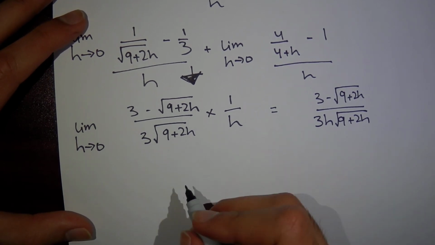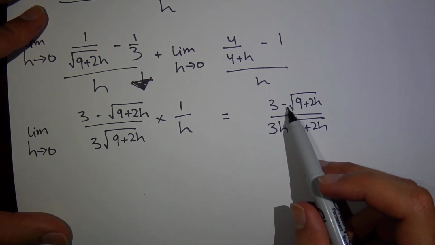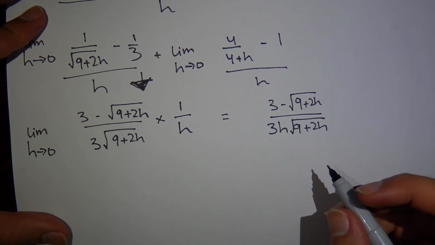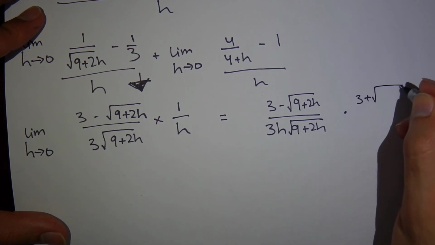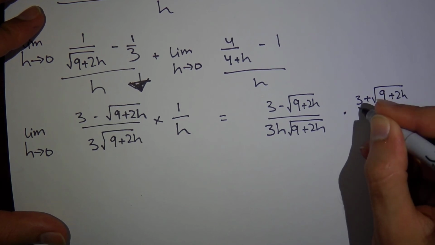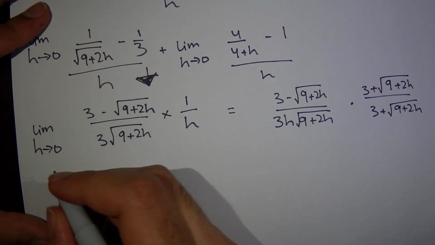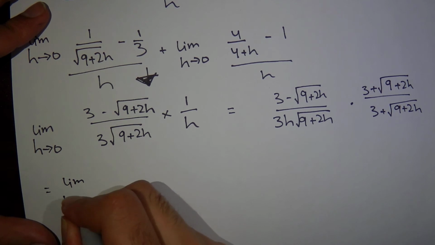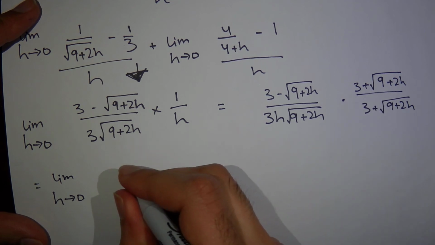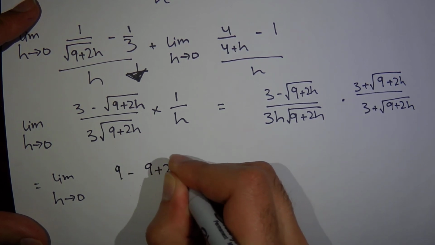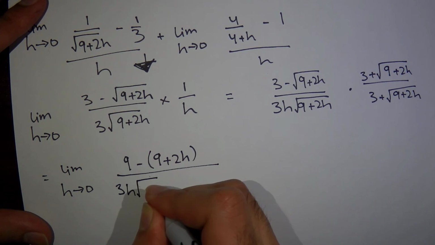And then we have really any numerator with a radical and a negative or a positive sign in front of it should by now give you an idea that it's a conjugate question. So we'll go ahead and multiply this by the conjugate of the numerator. So it'll be 3 plus the square root of 9 plus 2h divided by 3 plus the square root of 9 plus 2h again. And that would leave us with the limit as h approaches 0 of the numerator. 3 by 3 is 9, and that radical cancels. So the numerator would be 9 minus 9 plus 2h divided by the denominator, which I do not need to expand for now,